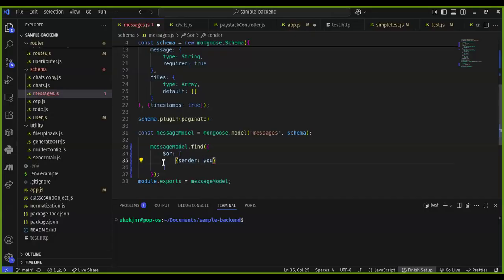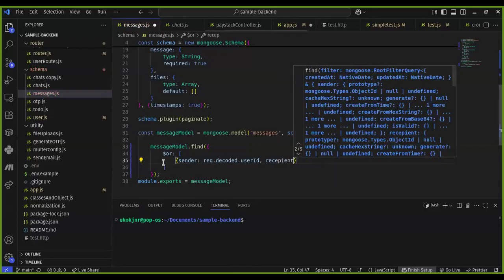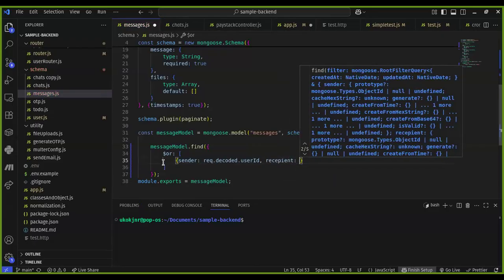I don't know how to represent this, let me just say req.decoded.userID, and then where the recipient is the other person's user ID,